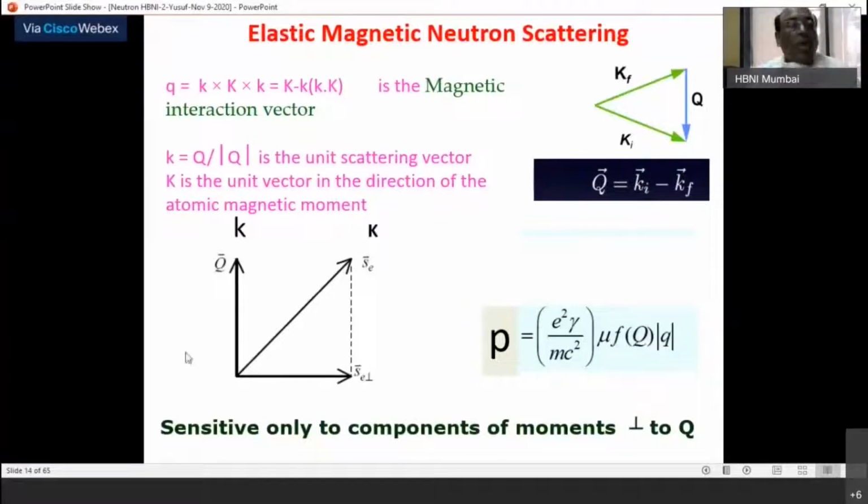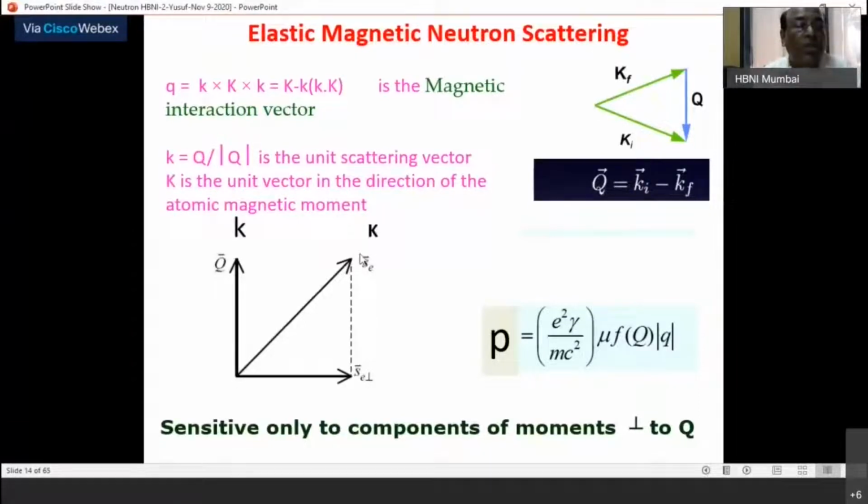Okay. So now my question is, let us say you have a magnetic moment attached to an atom or ion, and that is your direction. Here I have shown only S, you can say mu. This is the electronic moment, electronic spin, or electronic moment mu. So this is my moment. This concept you have to understand very thoroughly. I'll keep repeating. If you understand this, a 90% job is done. Then you can come and do experiments using neutrons on magnetic materials.